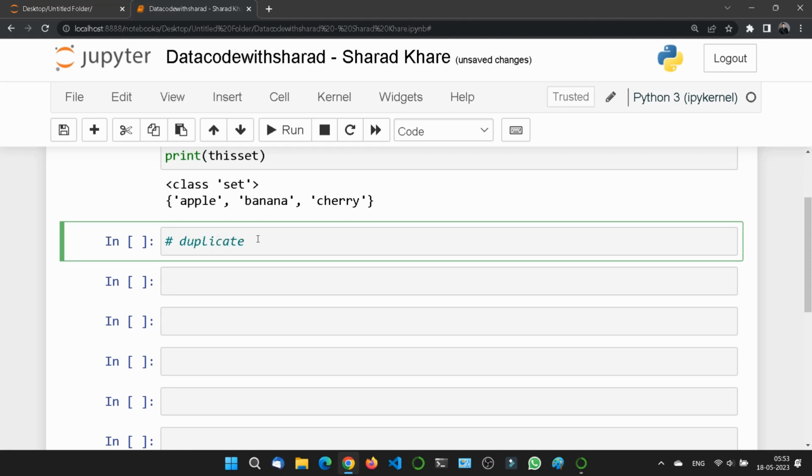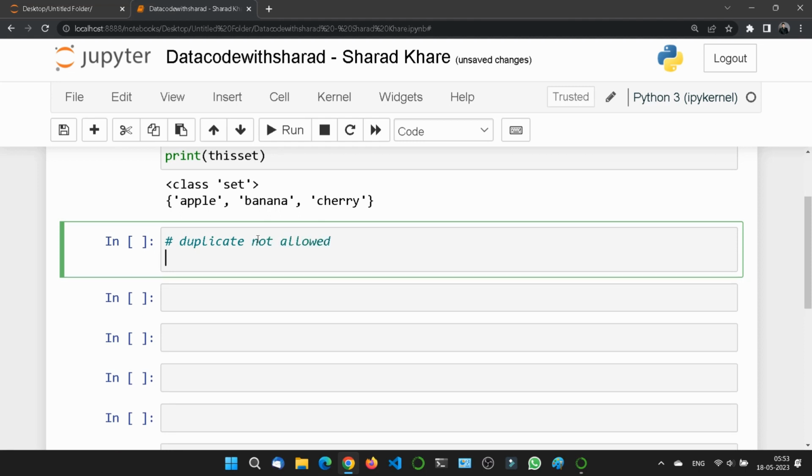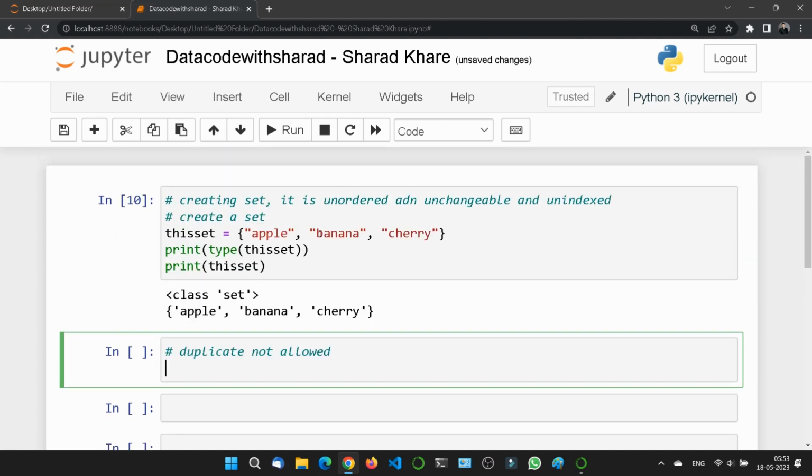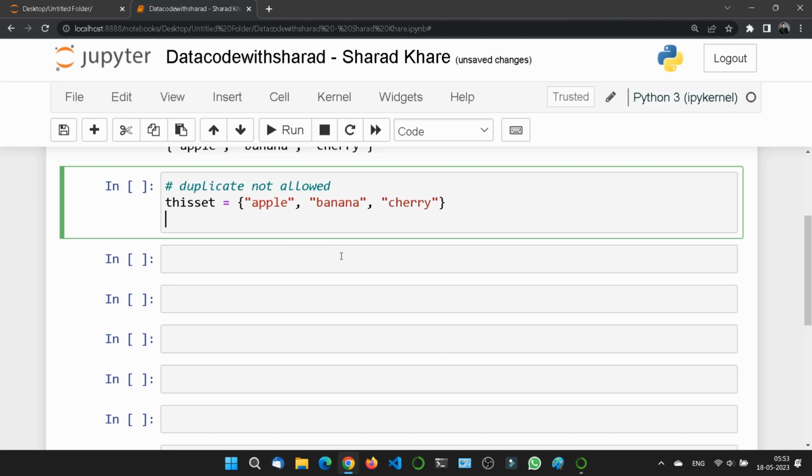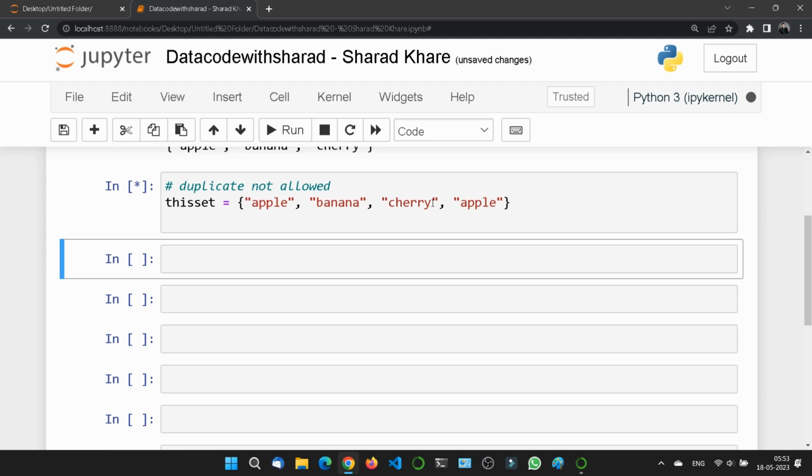Duplicates not allowed. So let me copy this. Why write again and again? Just suppose here, let me take one more apple. Oh, it is a string, so apple. So if I print this,